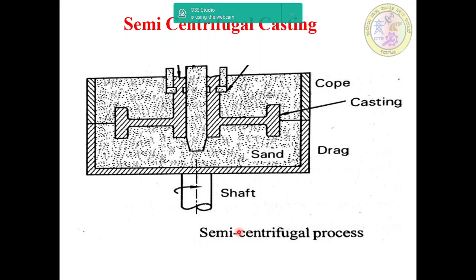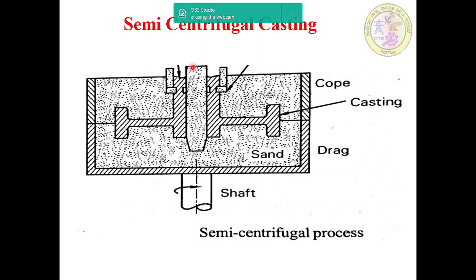Here in this process, a speed of 300 to 500 rpm is employed, and then the cope and drag molds are made in sand and fixed onto the casting machine, and then the core is also assembled. In this sketch, this is the core, okay, and then you will rotate, and then the riser extended to the top surface acts as the pouring basin, and then the mold is kept rotating, and the molten metal is poured,